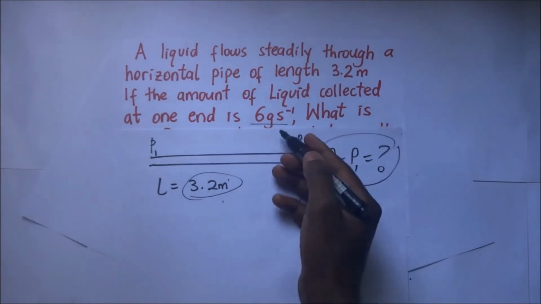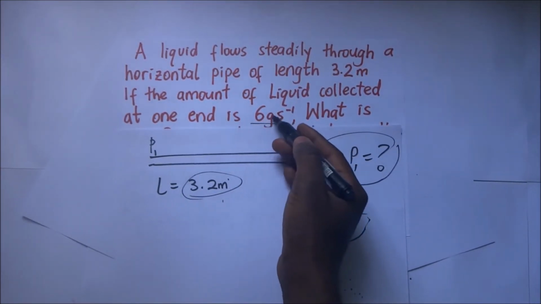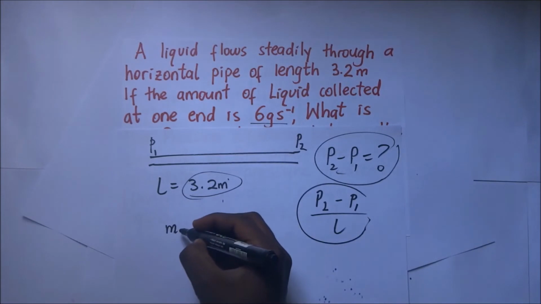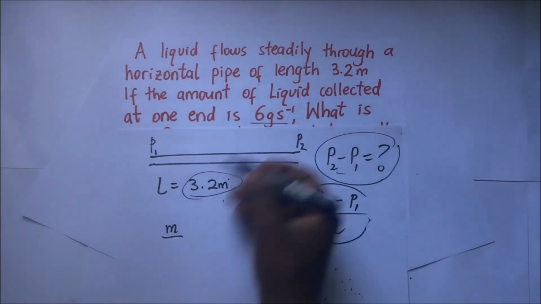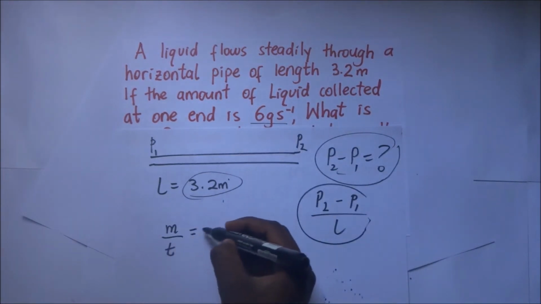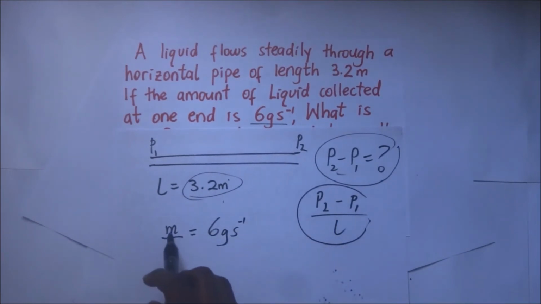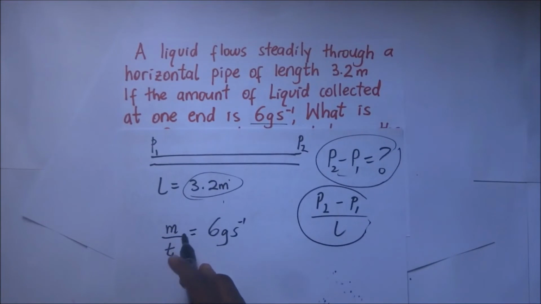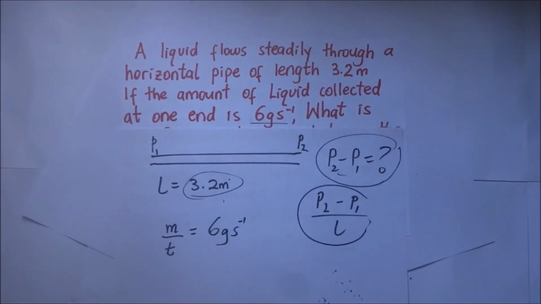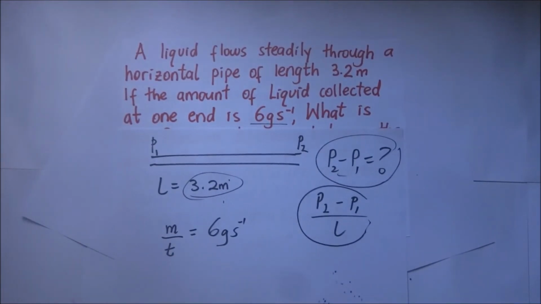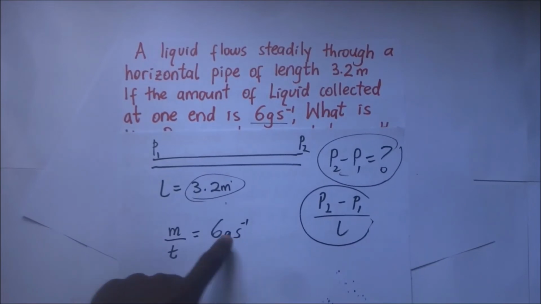Now 6 grams is mass. So mass over time, the 6 grams per second, means that the mass flow rate, or the mass of water flowing every second, is 6 grams of water per second. So this is the mass flow